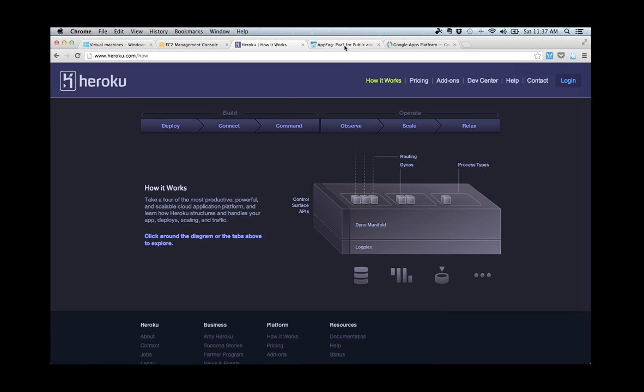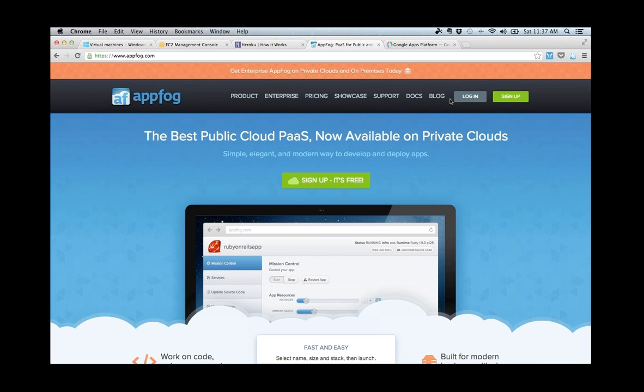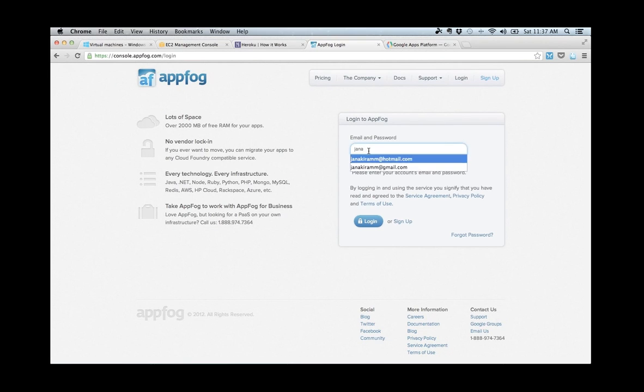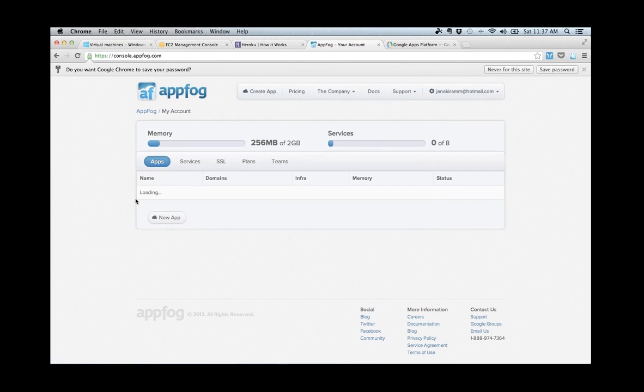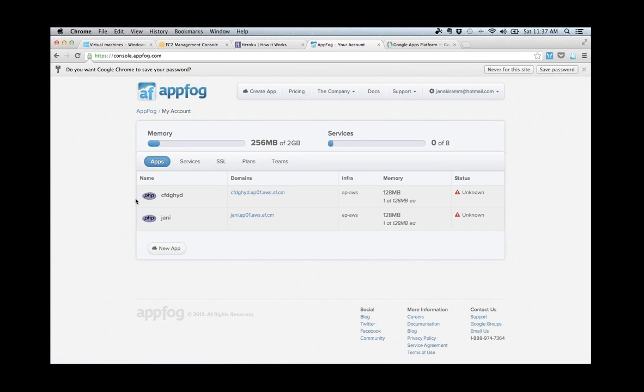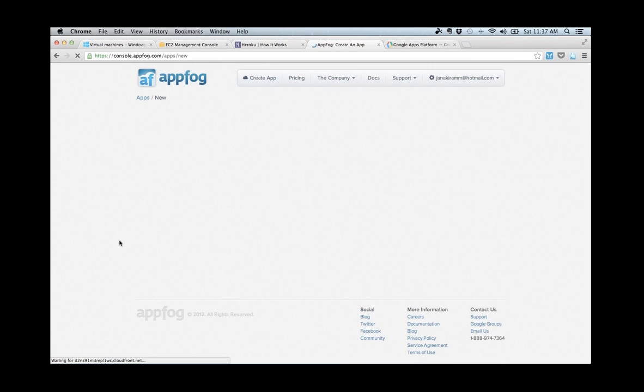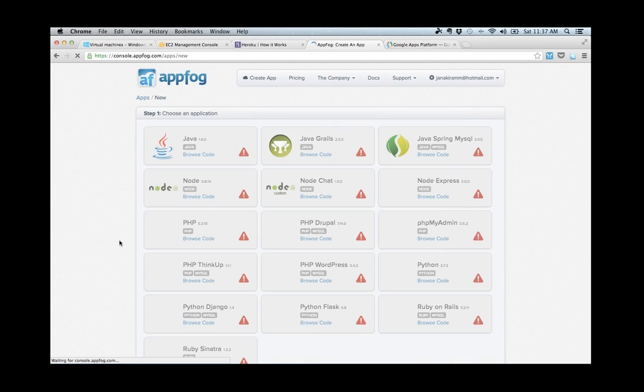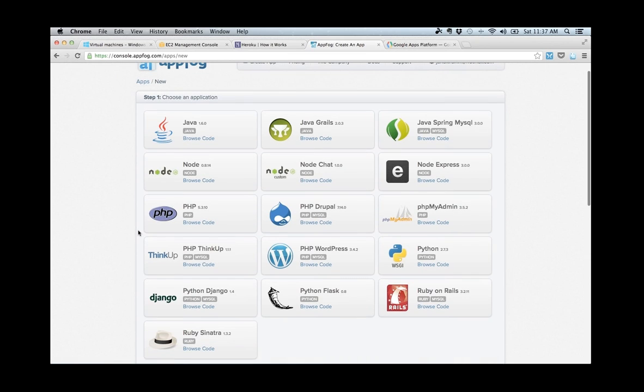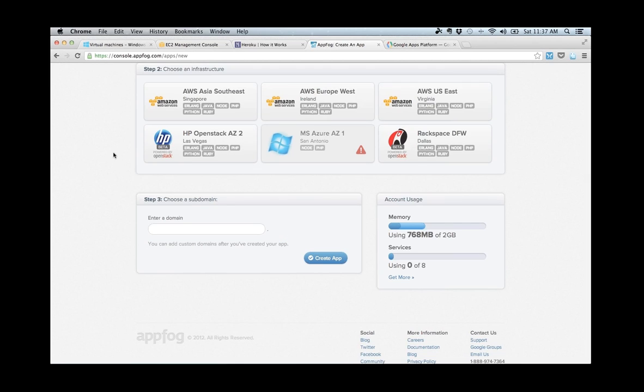But that's not all. There is another platform as a service offering called AppFog, and AppFog is also a pretty popular platform as a service, which is just picking up the steam. It is based on what is called as Cloud Foundry. And here, when you're actually deploying applications, you'll notice that the model is extremely different from Amazon EC2 or Windows Azure VMs. So here, as a developer, I first get to choose my runtime. For example, I want to deploy Java applications. The moment I choose Java, AppFog prompts me, where do you want to run?